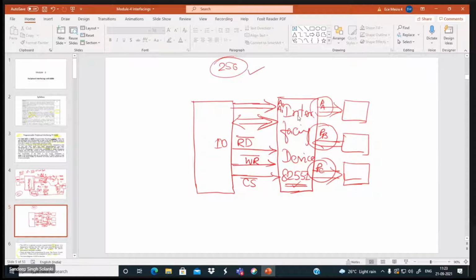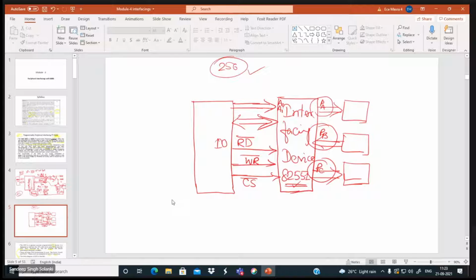So you can have more IOs or more other types of interfacing chips, because in all interfacing cases you will always be utilizing these port addresses, the IN and OUT, if you are with IO mapped IO.